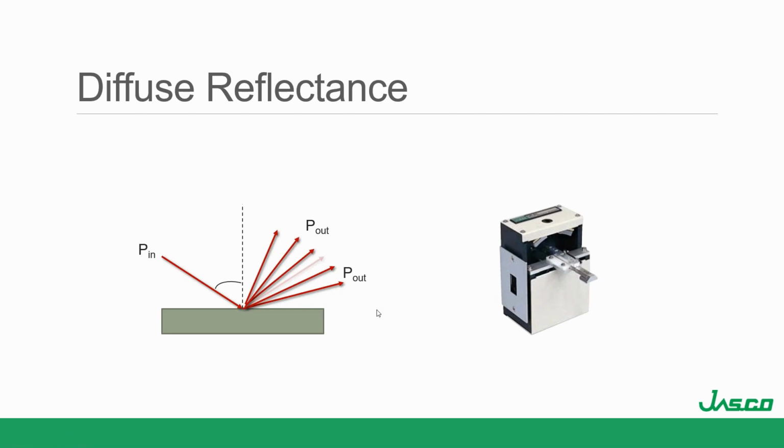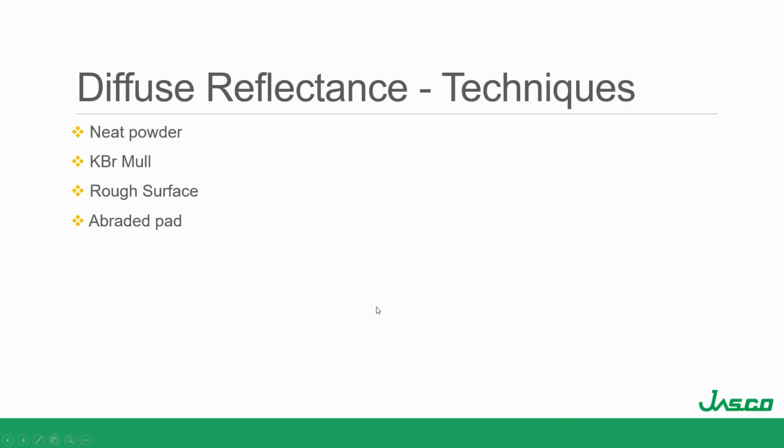And this is good for neat powders. Not all neat powders will work. If it's too strongly absorbing, you're not going to get any signal. If it's something that's weakly absorbing, like soil, you can get good spectra off of it. The other option, if it absorbs too much, is much like when we talked about making a KBr pellet. You make a mixture where you put 3% in KBr and mix it really well, and then you put it in and do the experiment.